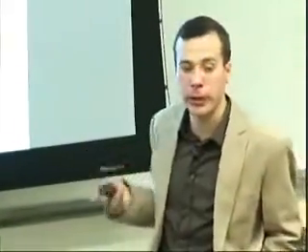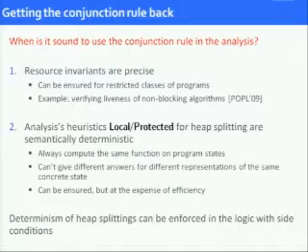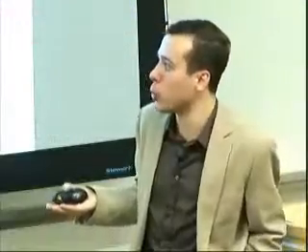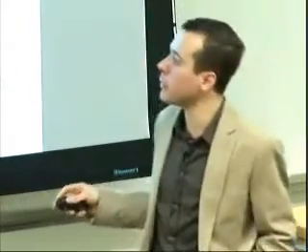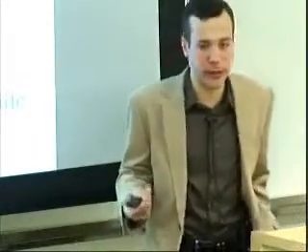And it happens that this condition is not satisfied by most of the domains by default, but it can be ensured at the price of efficiency, at the price of making the underlying sequential analysis less efficient. As a result of these two options, we get an insight into the concurrent separation logic itself: precision is only one way to ensure the soundness of the conjunction rule. Really, you want this determinism of heap splittings. And the second solution of enforcing the determinism can be taken in the logic by adding some side conditions to the unlock rule that enforce that you always make the same choice.